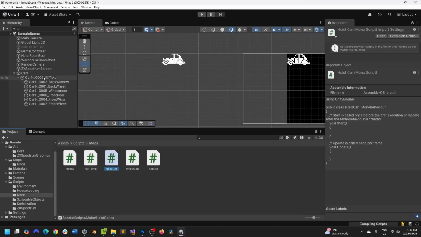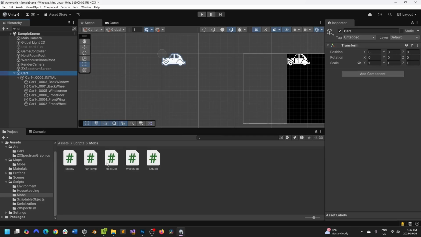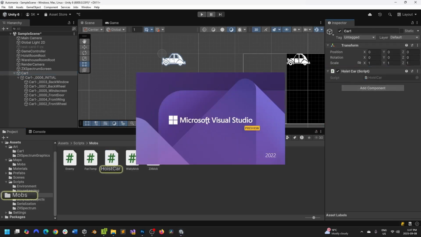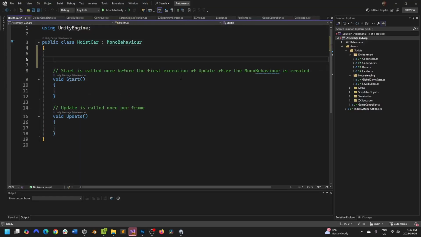And hoist car, we'll drag this out onto hoist car in just a second once Unity does all that kind of stuff. And then we'll add our child objects to it. Right, so our child objects are